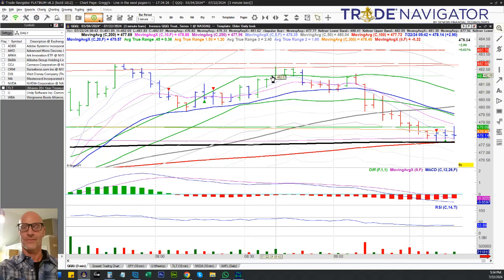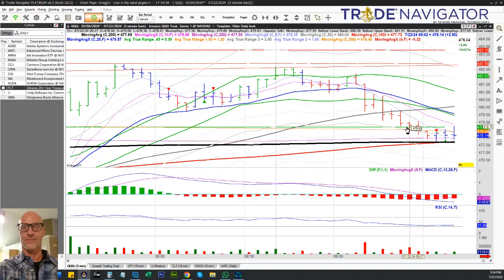So again, got short here, 482.07. We went up a little bit. You know, it's always scary in real time. Here it doesn't look scary, but in real time, you're like, oh, shoot, I think that's going to keep going up. But I knew where my end of bar stop was. It was a close above this swing high. Moved down, feeling a little better. And it's never that easy. Came up again, but then I got the leg down that I wanted, and I did cover at